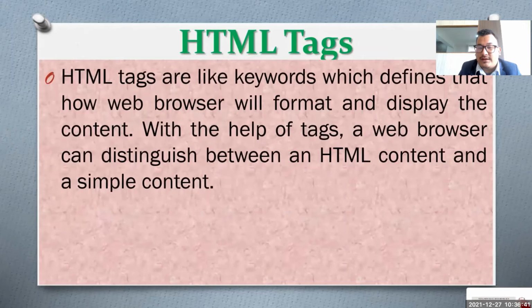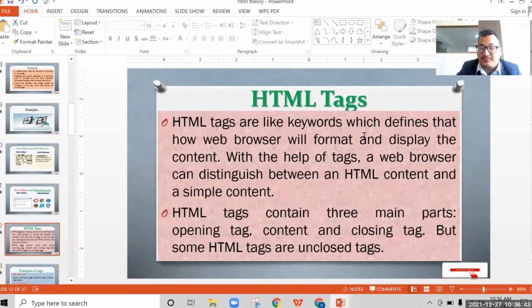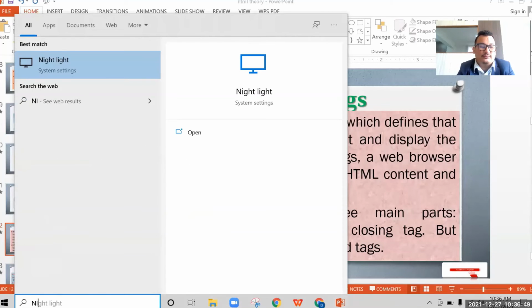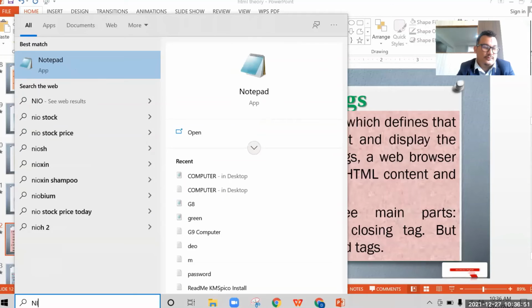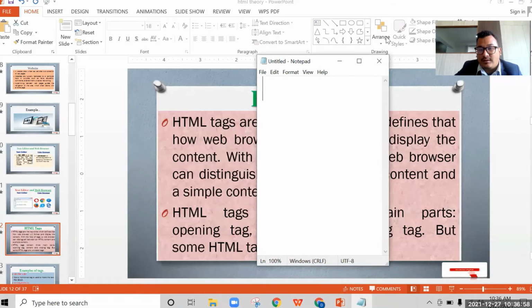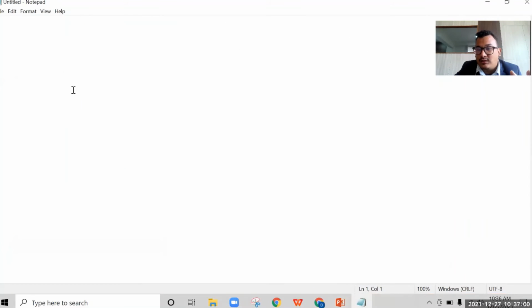Okay, before we move into HTML tags, let's see those two things over here. For example, simply you can go in the search box and you can type Notepad. Notepad is there. You can click, here it opens, where you can do all the coding. Once you code and save,